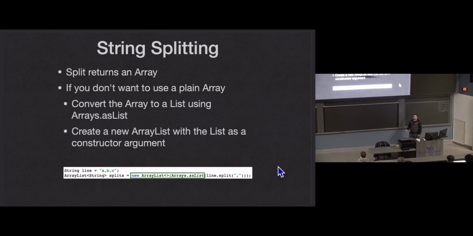Line.split, this is another one where we're just going to use array lists. Line.split returns a plain old Java array, which if you want to just work with the array, fine. I'm not going to stop you. It's perfectly fine. But if you want an easier way, if you don't want one more thing in your head while you're working on the homework assignments, there's Arrays.asList, which we've seen quite a bit as well. Arrays.asList will convert this array into a list like we had in the previous example of reading all lines. And that list we can put in the constructor of an array list to get our values in an array list, which we're comfortable with. We're used to working with array lists.